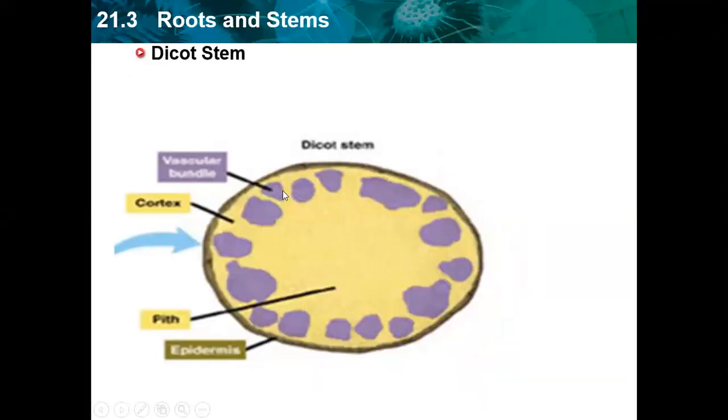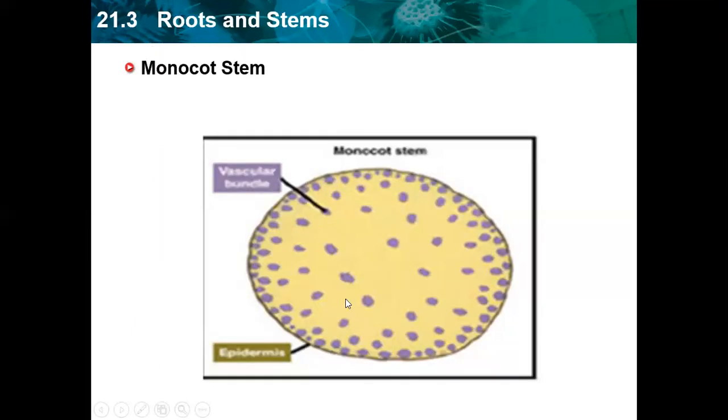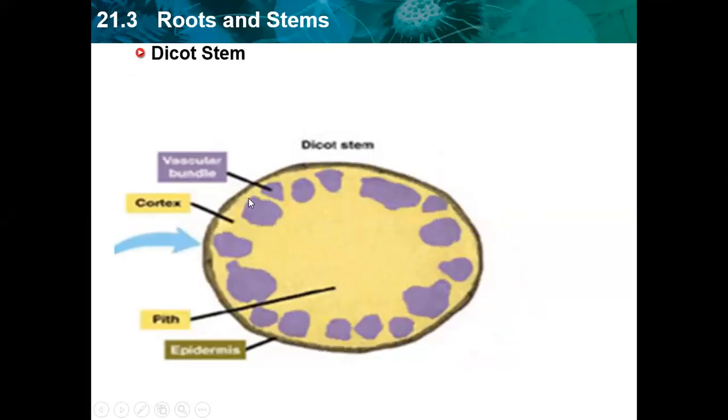So this is the dicot stem. Why dicot stem? Because the vascular bundles are arranged in a ring and the number is also low. While in monocot, the number of vascular bundles is much more as compared to the dicot. You can see here. So this is the dicot stem. Again, here the pith region is present. Pith region is absent in a monocot.